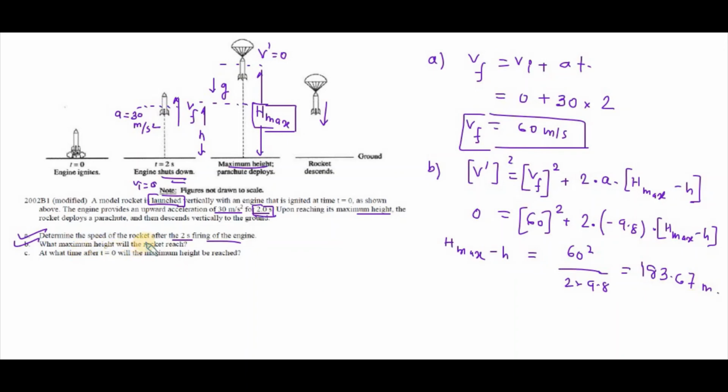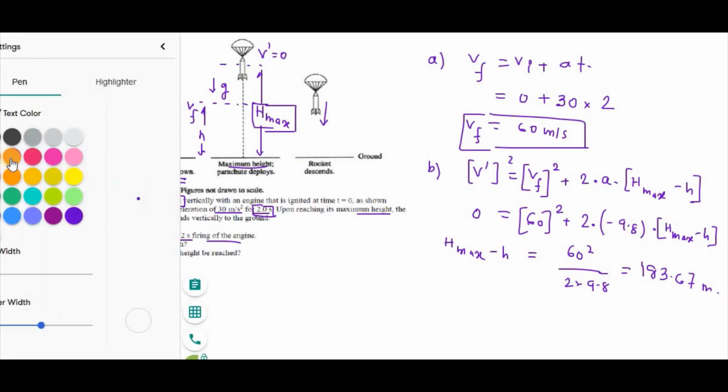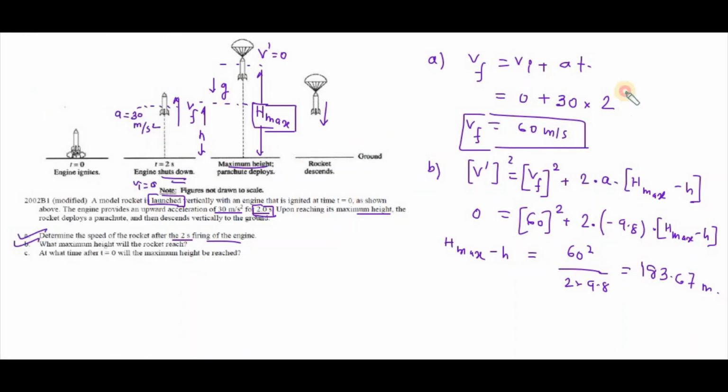But we have to find out the maximum height with respect to the ground, which means we have to compute here how much distance it traveled in between 0 to 2 seconds. Now to compute that distance, we can use the equation of kinematics, that h equal to initial velocity, that is 0, plus half into acceleration into t square. Now at present we have the acceleration equal to 30 meter per second square, times t square is 2 square. So it is equal to 30 into 2, that is also 60 meter. So h is equal to 60 meter.